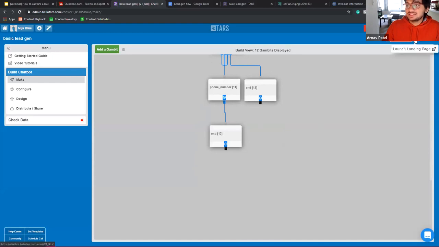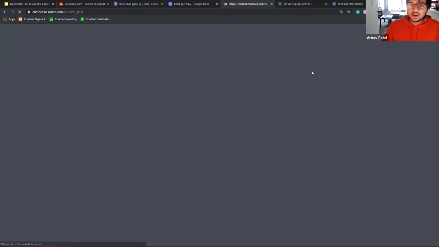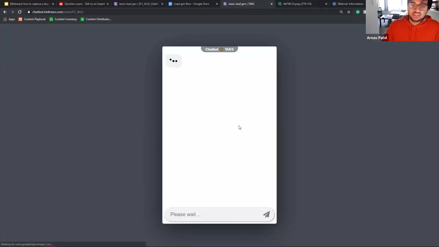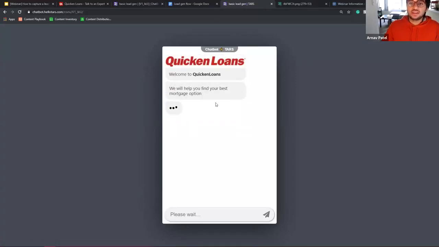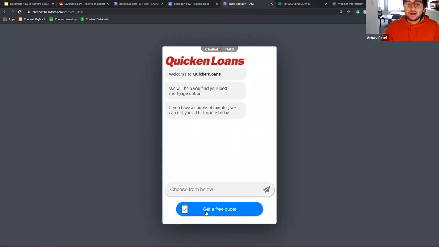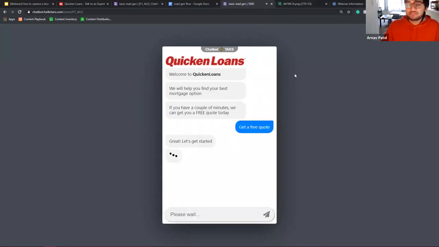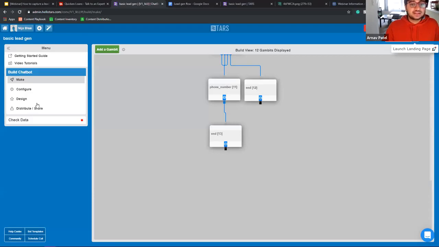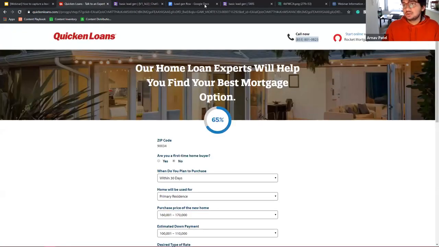Now, if a prospect lands on this bot, if they click on your ad and they land on your conversational landing page and they land on your chatbot, they're going to see the hook and they're going to go through the entire lead generation process. This is way more engaging than a regular form. And Quicken Loans can actually start using this bot right away. The one change I would make is I'd go into the design section and make sure that the branding is